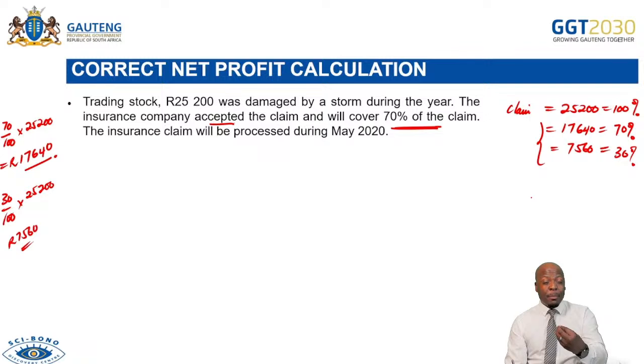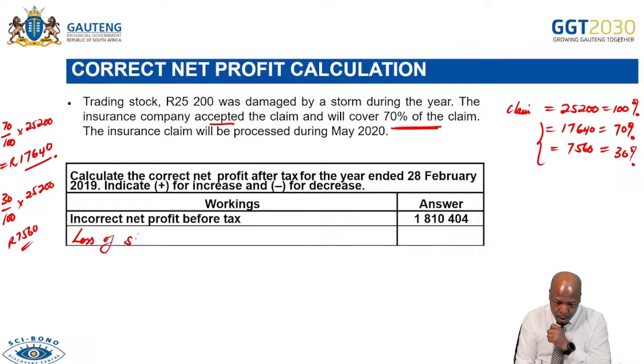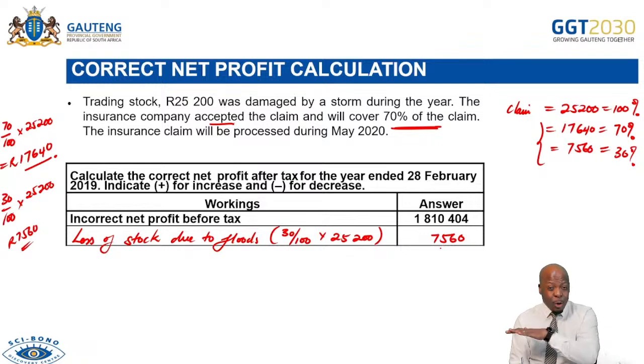All right, so we have an amount that will not be covered. The amount that will not be covered becomes our loss now. So we have a loss that we must record, and we call that loss of stock. This is loss of stock due to floods, or due to the storm. And then how much was that? It is 30 over 100 multiplied by 25.2. And that loss is 7,560. Whatever the insurance company does not cover becomes our loss. If it is a loss, is it income or an expense? It is an expense. So if it is an expense that we are about to record now, will it increase profit or decrease profit? It will certainly decrease profit. So come here, minus